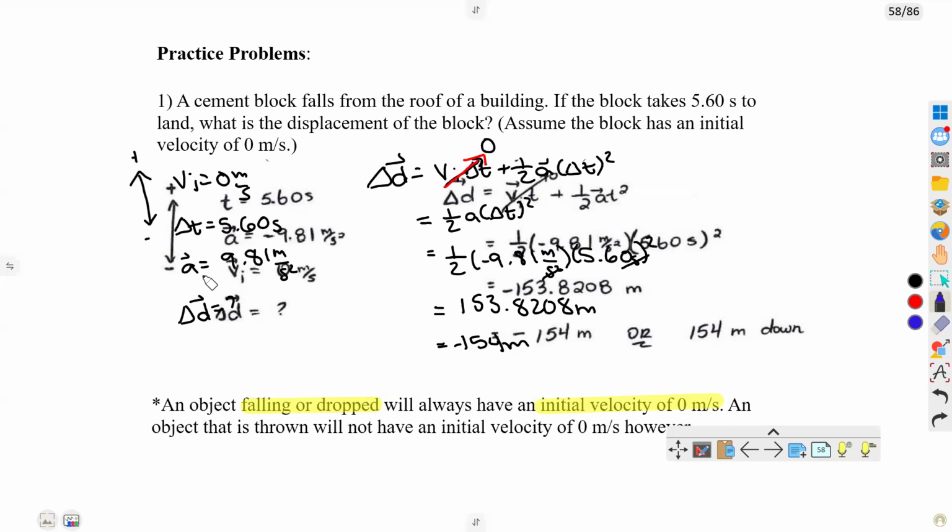Our acceleration is going to be 9.8 meters per second squared. And you know what? I'm just going to show you this on a separate page, instead of restarting the video. So delta t was 5.60 seconds. Acceleration, because it's being dropped, that's acceleration due to gravity, 9.81